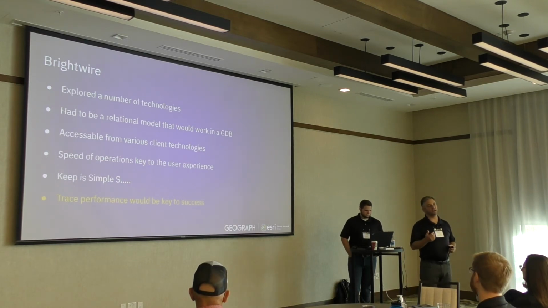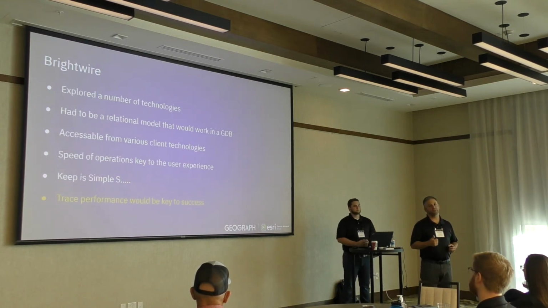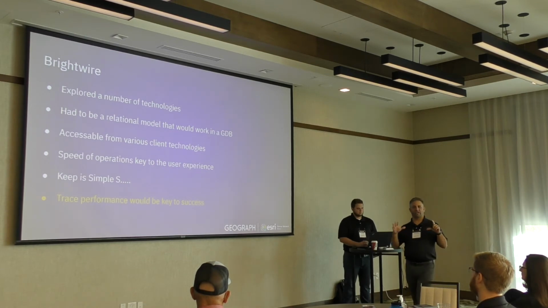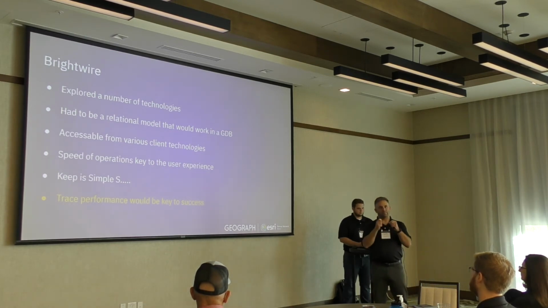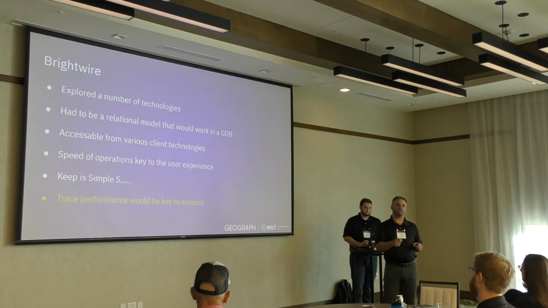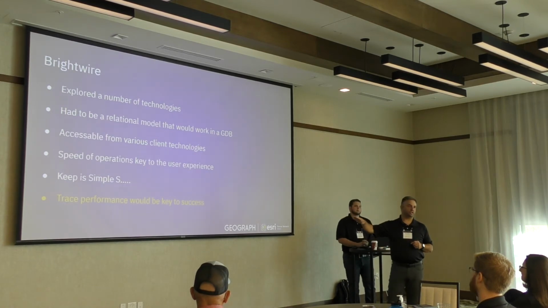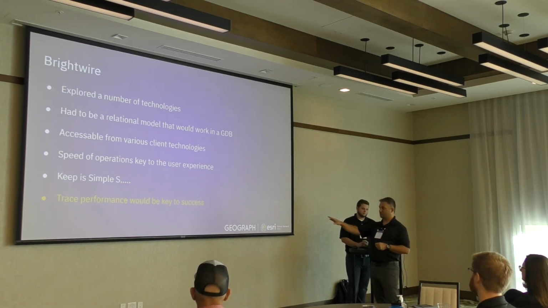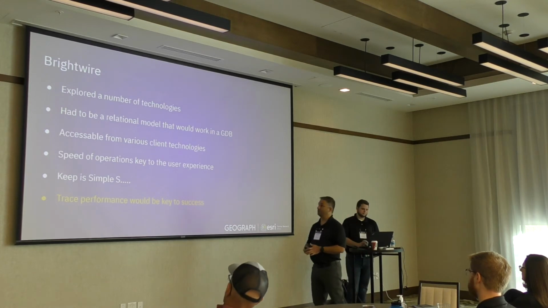There's lots of different functions you can think about from the user perspective, but one of the heavy lifts that we typically see is the trace performance, because you're looking at so much information and trying to pull out the information that's important to that trace. So we use that as our linchpin for this model. We knew if we could get any type of trace going quickly, other things like search, and just interacting with the data model would be much easier. So this was the heavy lift, and that's where we focused our attention.